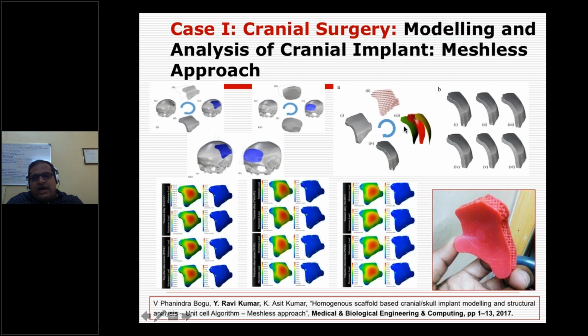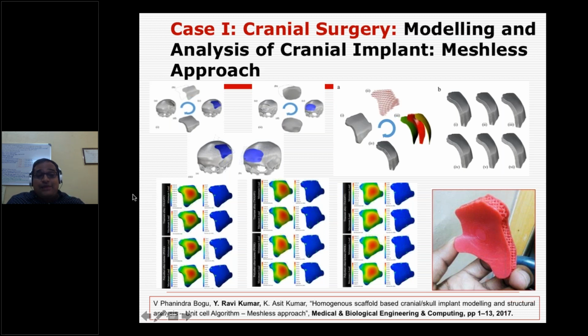So basically you have three layers here. One is the inner and one is the outer cortical layer, and inside you have a spongy bone, which should mimic the porosity of the patient. That is what we need to model and simulate, and of course, we need to fabricate it. What we have done is modeling and simulation, but not implanted it. Implantation may be a different story, but in this case we have done only modeling and simulation.